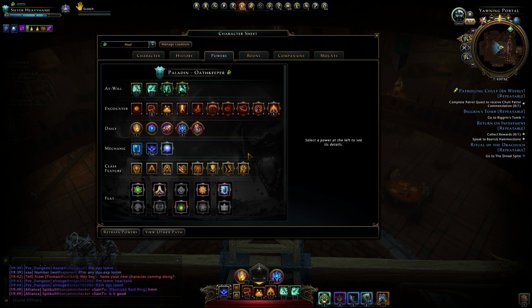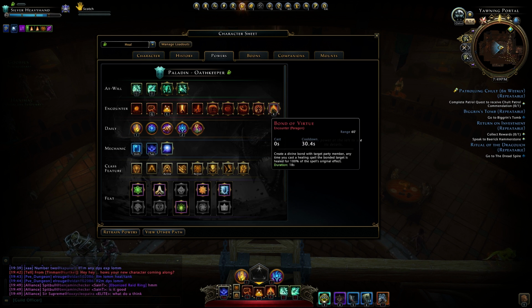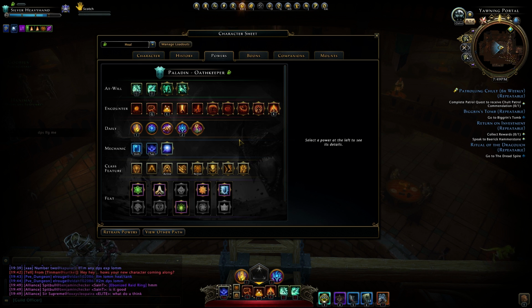For the most part, I only use 3 encounters, and very rarely actually change something. And those are Sacred Weapon, Divine Touch, and Bond of Virtue. And this is specifically for dungeon runs. If I was doing something like an expedition or something smaller like that, having all 3 powers that don't do damage wouldn't really be necessary and would really make you more of a liability than something beneficial